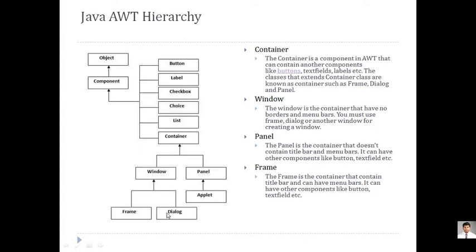Now, a dialog box is nothing but what you use whenever you want to show any message or take some confirmation, yes or no. In that situation, this dialog box is created. Now, this is again a part of Window. So, whenever you want to display anything on a window, a frame is required. But another thing is that you can display in the panel also. Now, whenever you want to display anything on a browser, executing on a browser is done by an applet. Nowadays, no one uses the panel or applet class for executing output.